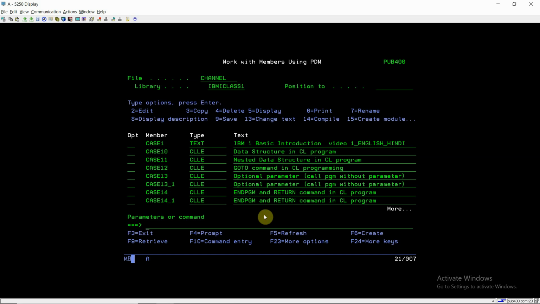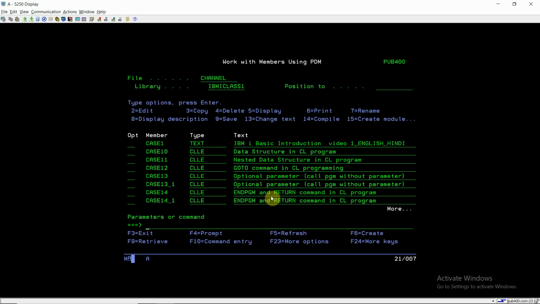So here these two commands are basically the same. The main difference between these two is that ENDPGM denotes the last or the end line of a CL source member, and RETURN doesn't. So it can be written at any place in the program, just after the beginning of the program, so it can be written any place. So this has the added functionality with respect to ENDPGM, which is written at the end of the program, but RETURN can be written before the ENDPGM at any line, after which execution stops.